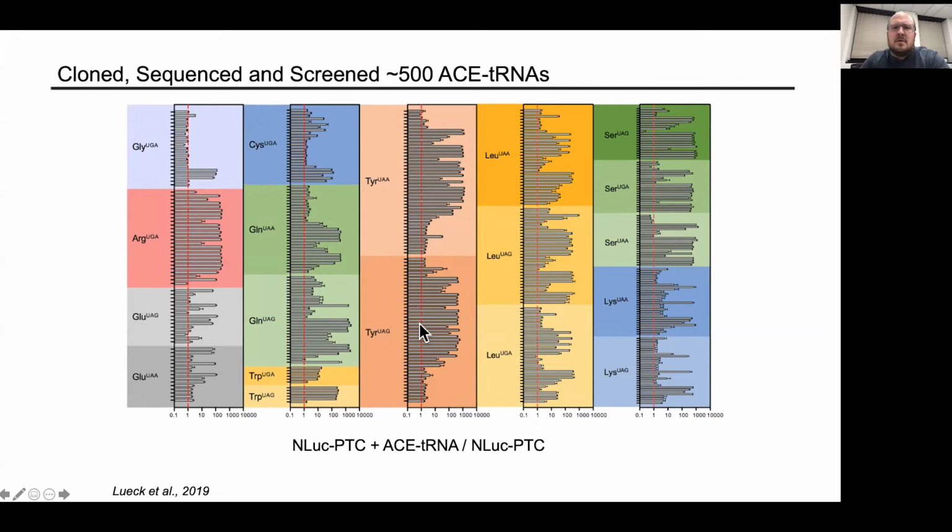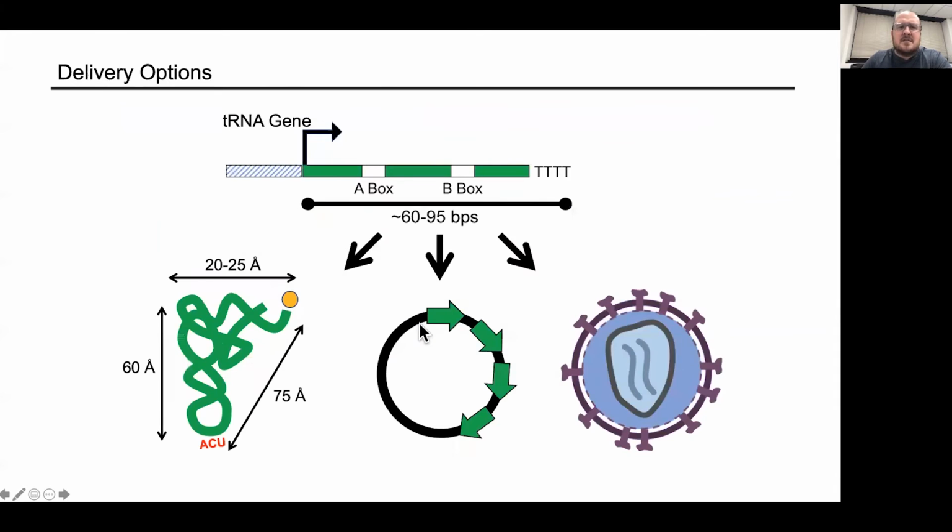So now that we have a large library of ACE-tRNAs, obviously the next huge step is to deliver them to the lung. So here we have a schematic of the tRNA gene, and one of the attractive attributes of tRNAs is their compact size. So the entire expression cassette is shown here. It is about maximally 90 base pairs in length, and that's because the promoter for tRNAs is intragenic. And so the necessary sequence for expression is within the coding region, with some few exceptions, which we'll talk about